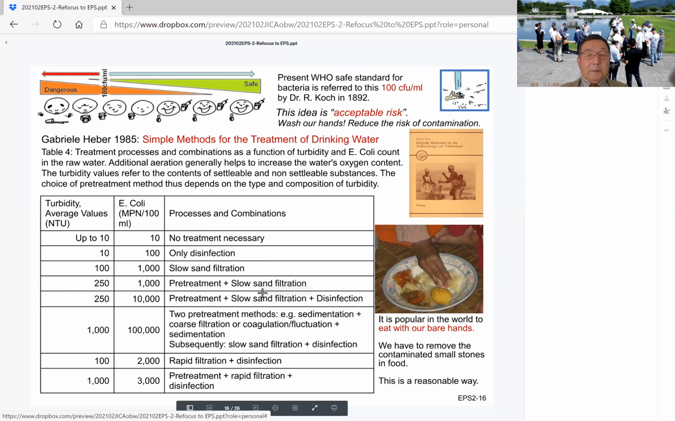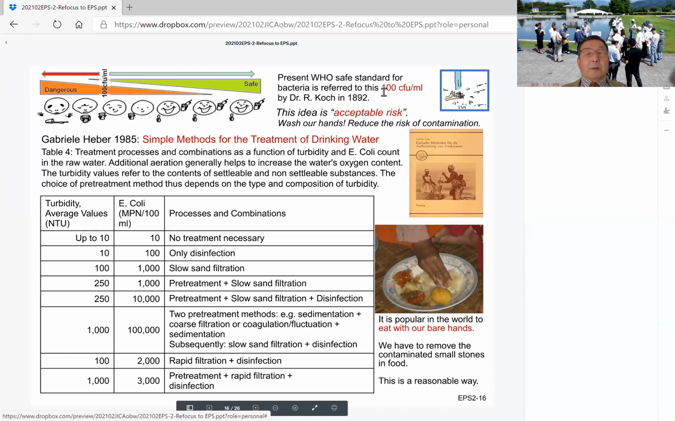Look like this. As you know, it is popular in the world to eat with our bare hands. We have to remove the contaminated small stones in food. This is a reasonable way. And at present, the WHO safe standard for bacteria is referred to as 100